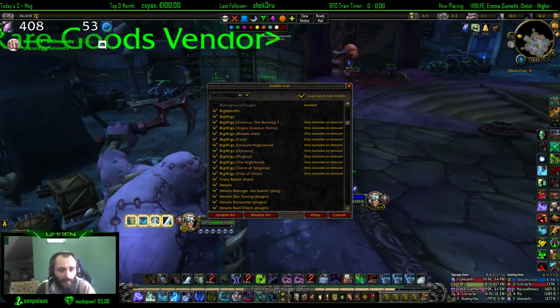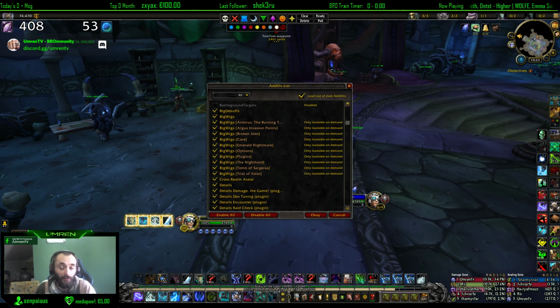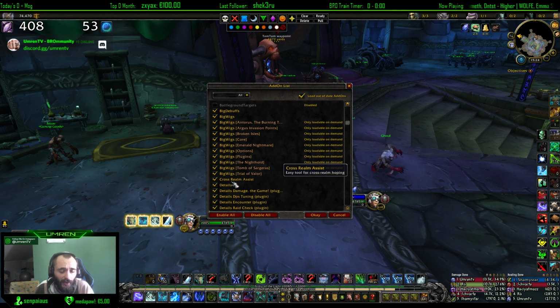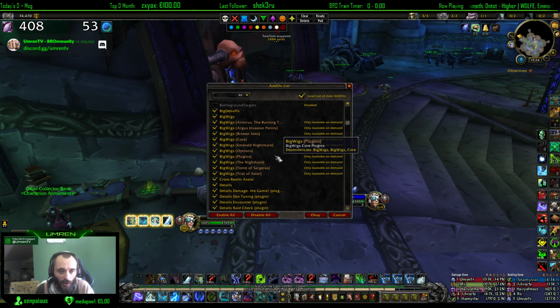DBM messes up for me a lot. Cross Realm Assist is similar to Server Hop. It helps you hop through servers. If you want to chase some rare, or farm something in a certain zone that you have a long respawn on, you can just use Cross Realm Assist or Server Hop. I have both enabled because sometimes some of them are bugged up, so I'm using one or the other,